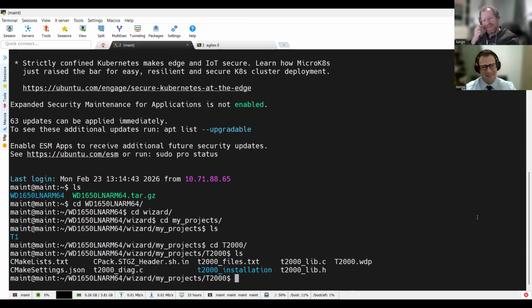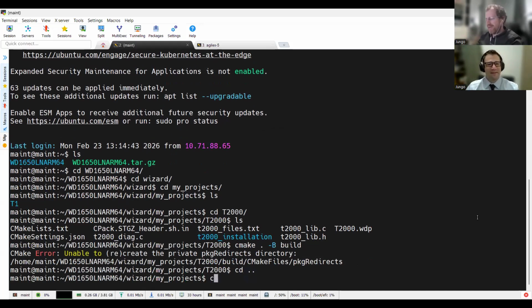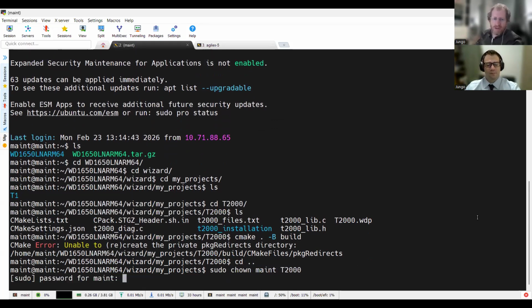Because we're going to run just very few commands. First of all, we're just going to create this CMake project. And there's 20 minutes for me right there. No, the thing is that we first need to change the ownership of this directory because we were running with sudo.